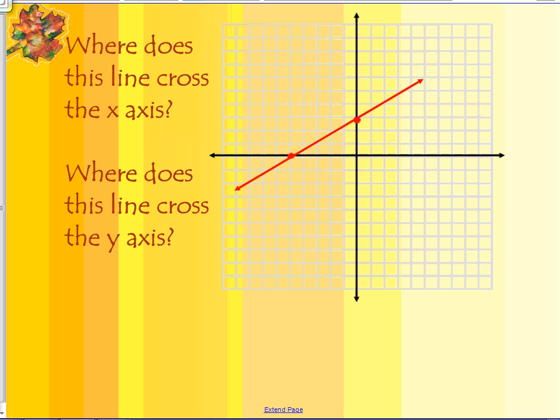So where does it cross over the x-axis? Goes to -1, -2, -3, -4, -5. And where does it cross over the y-axis? At 1 to +3. All right, now we can use these y and x intercepts to actually help